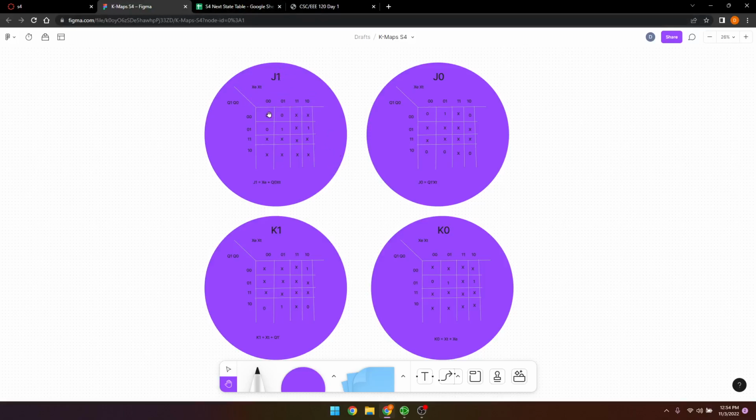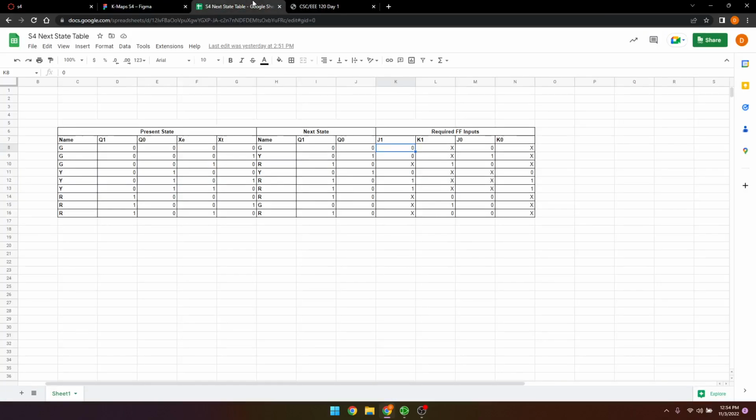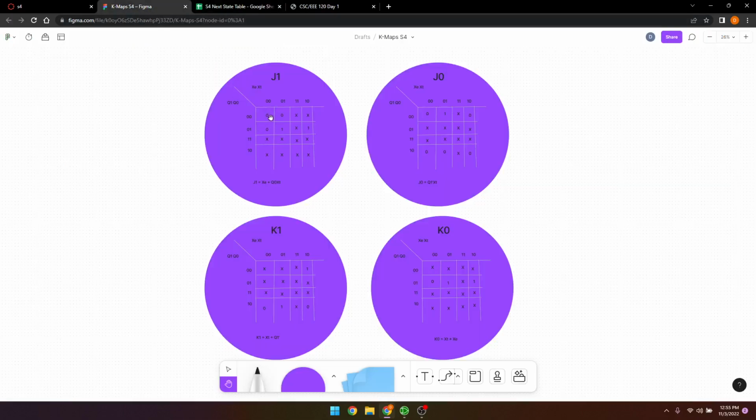So if we're looking at J1 and say that we're in the state green, because that's what 0, 0 is. 0, 0 is green, 0, 1 is yellow, 1, 1 we don't care, and 1, 0 is red, rather. So if we want to look at green light when neither thing is active, then we can go to our next state table and say, okay, well, green light, neither one is active, J1 is 0. And so we fill in that chart, and we do that for the rest of all 4 of these diagrams, or these maps,